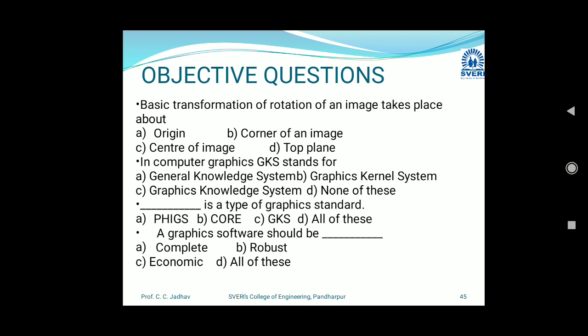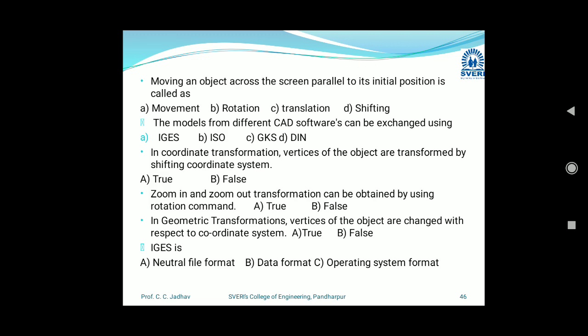Then, which is a type of graphics standard: PHIGS, Core, GKS, all of these. Next, graphics standard software should be complete, robust, economic. All of these is the answer. So there are some MCQs for your information. Just go through these multiple choice questions and you will get an overview of computer graphics.